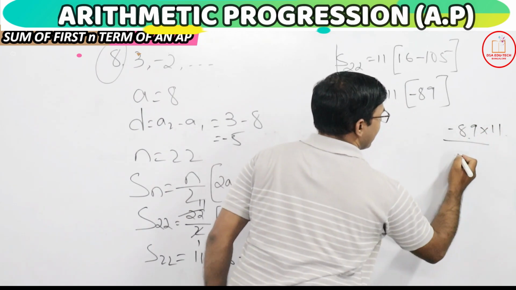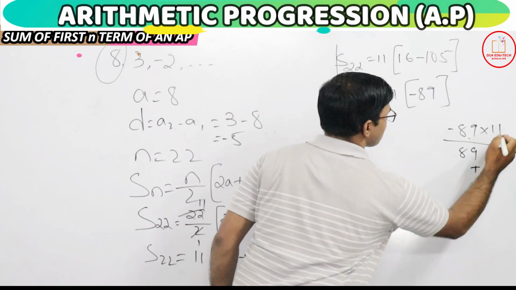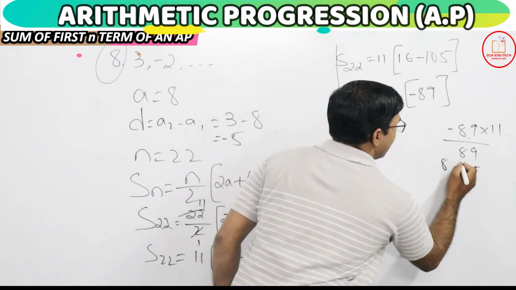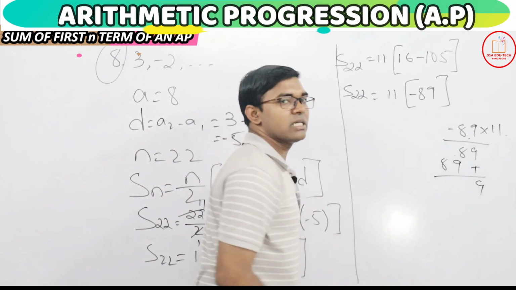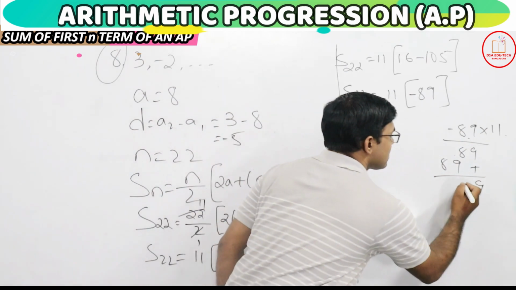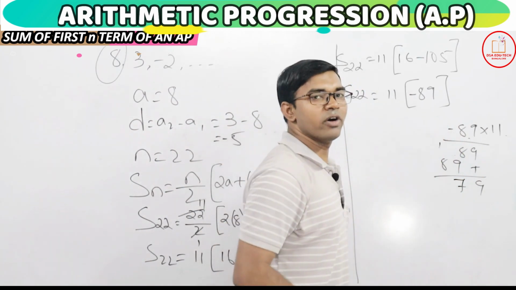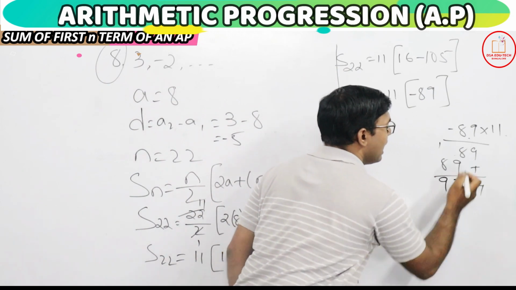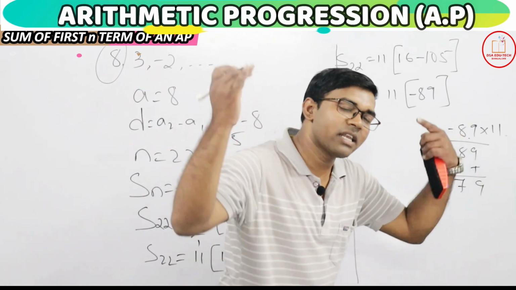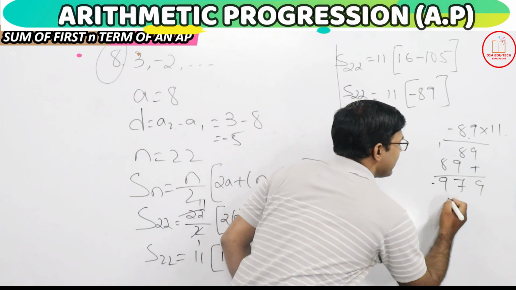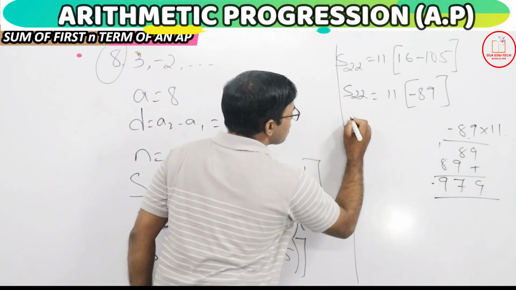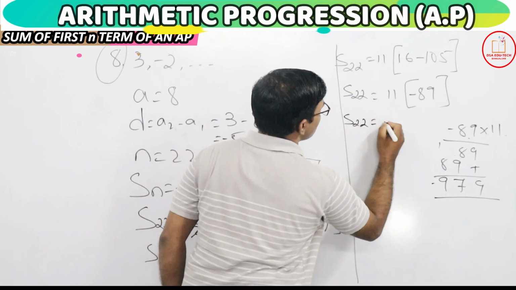1 into 89 is 89. Again plus 1 into 89 is 89. So I'm having 9. 8 plus 9 is nothing but 17, and then 1 here over here. So basically it is 9. And since it is having the minus sign, I'll write the minus sign. So minus 979. So S22 is equal to minus